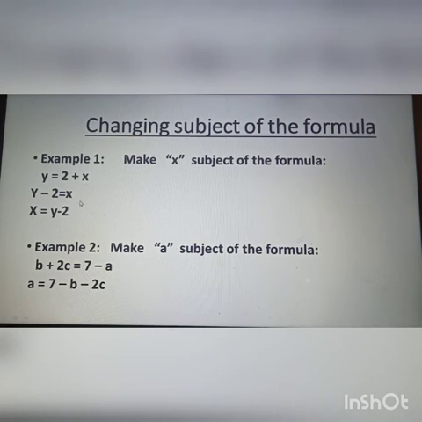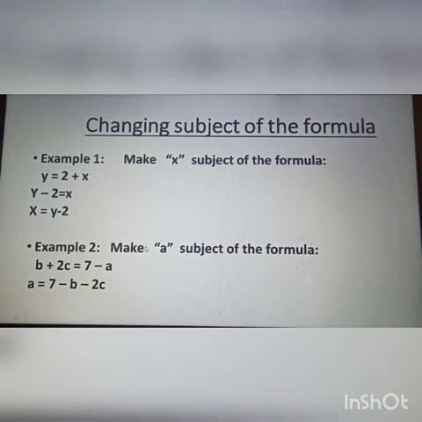So if you write it this way or this way, both ways are correct. We have isolated the x, and whatever was there along with x, that is being taken to the other side. So I hope this concept is understood by you people, that what is the meaning of changing subject of the formula. In this example, initially y was subject of formula, and where we have ended it, now x is the subject of the formula.